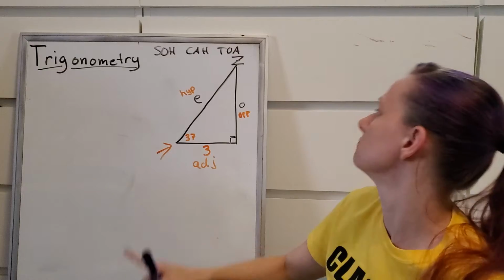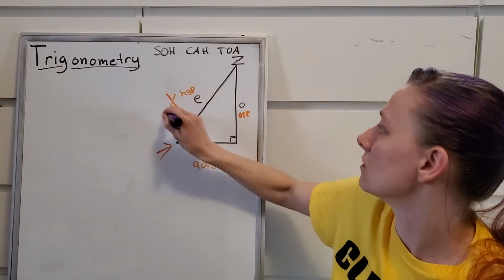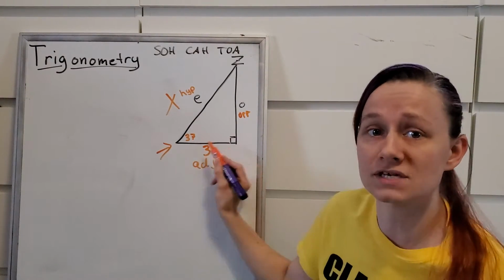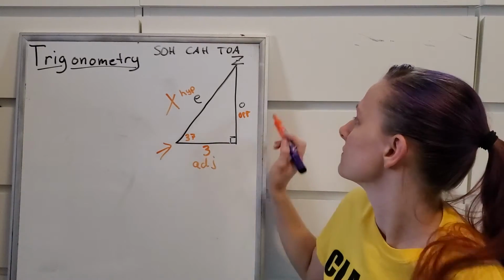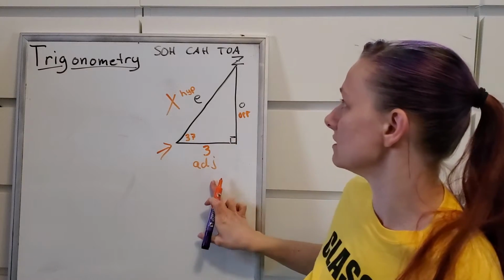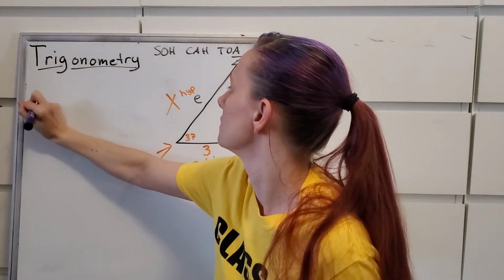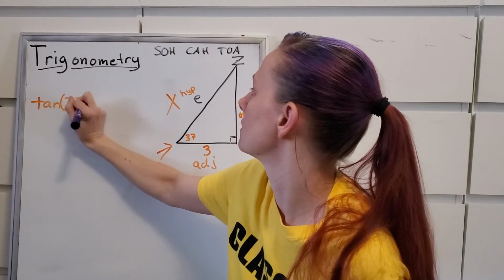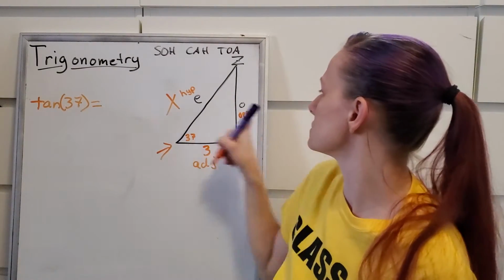Let's start with O. That means we're not dealing with the hypotenuse right now. We want the side that we have a length for, so we're looking at the 3 and the O. So we have opposite and adjacent. So that's going to be tangent. So tangent of the angle equals opposite